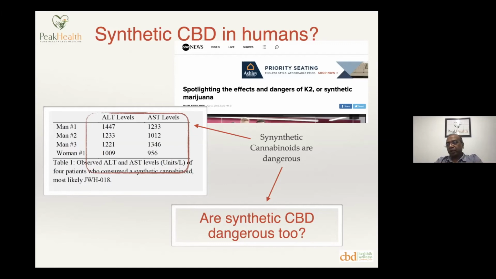However, when we look at hydrogenated CBD, you could see a tenfold increase in the liver enzymes. The liver was getting stressed out. So that's the only way to really see whether something is natural or not. It's really interesting because the only approved CBD by the FDA, Epidiolex from GW Pharma, has